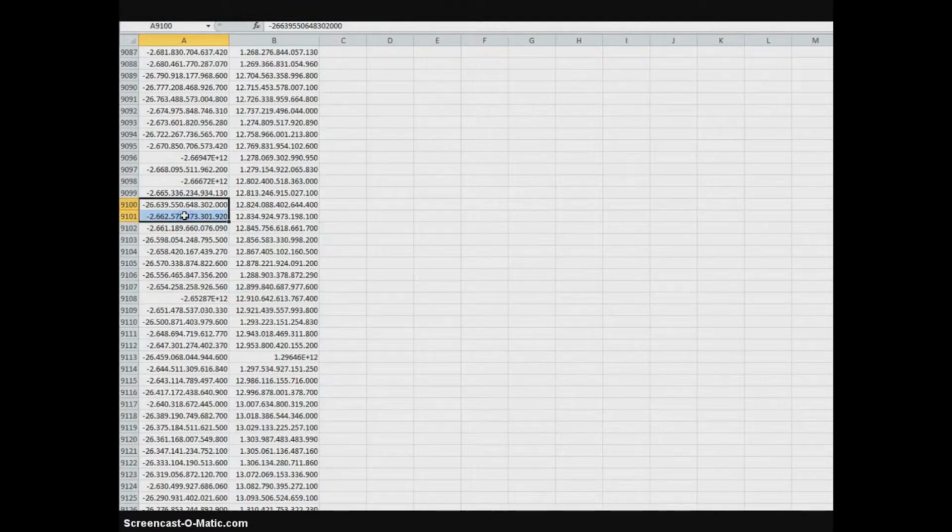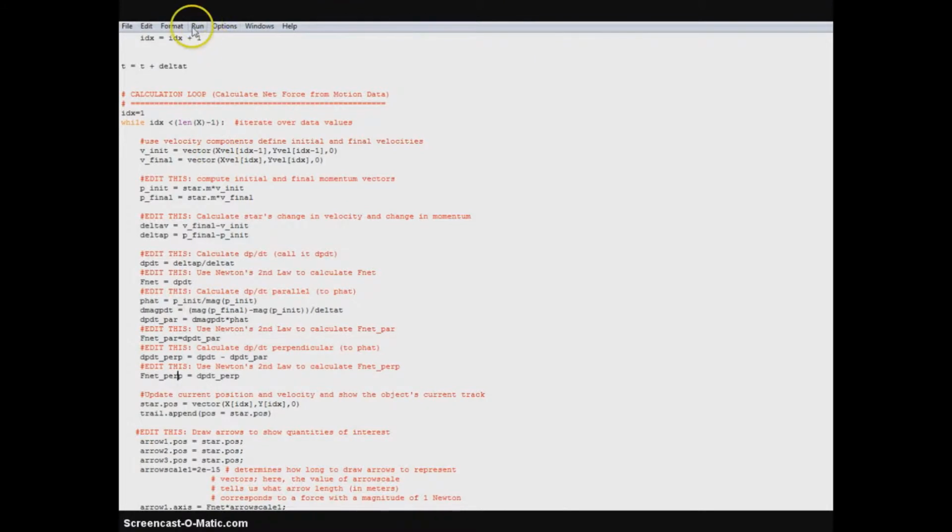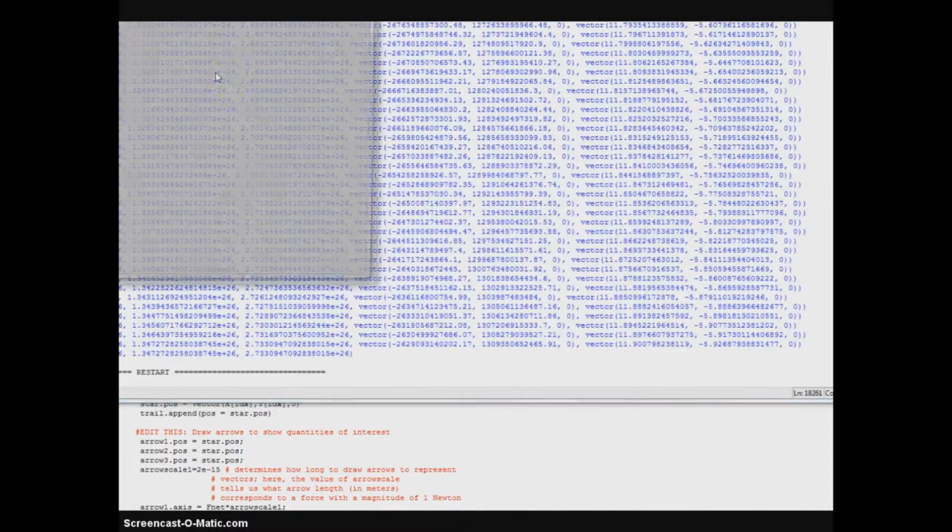The program uses two coordinates, the position at a time delta t, and in this way calculates the velocity from this change in position. With three position coordinates it's possible to find two velocities, and in this way the change in velocity, delta v. The program interpolates all position data from the 2D motion, and from here we can know the velocity and the change in velocity, and multiplying delta v by the mass we get the change in momentum, delta p. So we run the program and we can see the